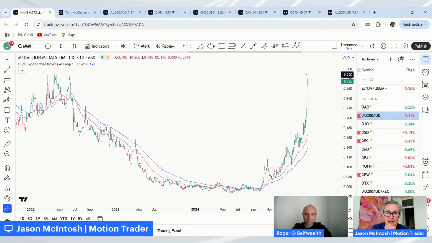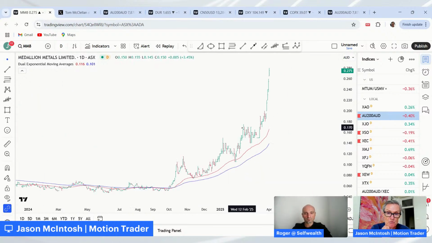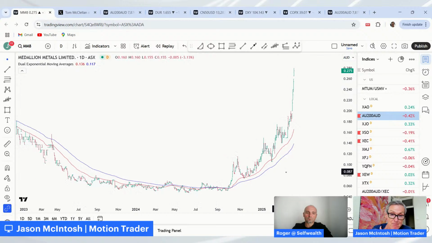I wouldn't be buying it at the current point though. It's just too hard to manage the risk on it now from an entry perspective. The last entry possibility was when we had this consolidation back to the moving averages and prices started to break higher. So I think that was the last point I would have considered buying it, probably around 18 to 18 and a half cents thereabouts. But now it's up and away. So it's a case of already being on or not being on for now. But yep, let profits run, see where they go. That's where the big money's made.